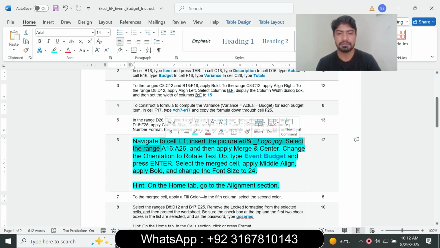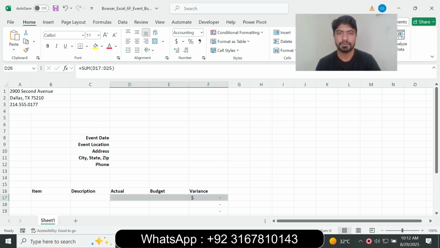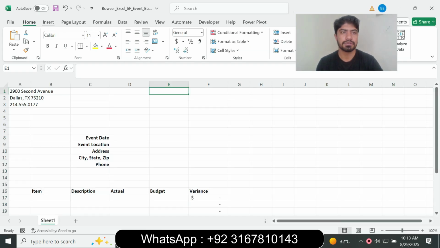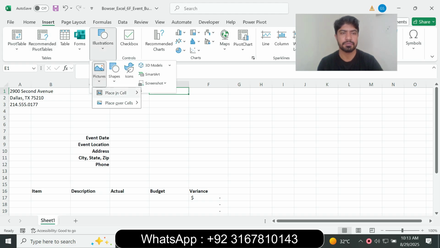In cell E1, so select E1, insert the pictures, 6F logo, and select the range A6 to A26 and then apply the merge and center. So insert the pictures, so go to the Insert tab and go to the Illustrations group and click the pictures